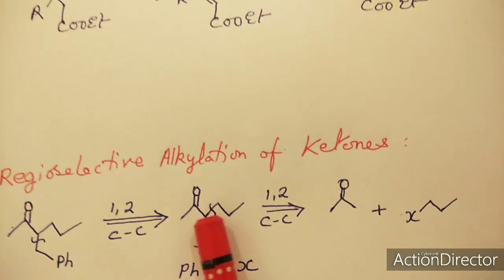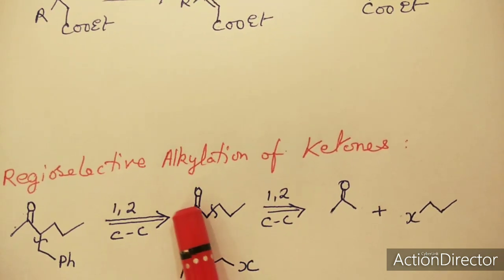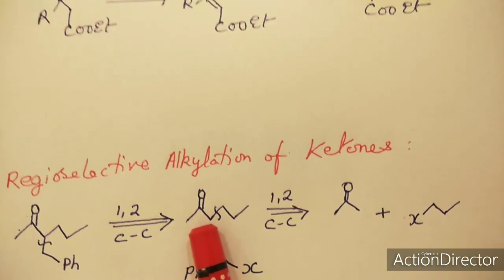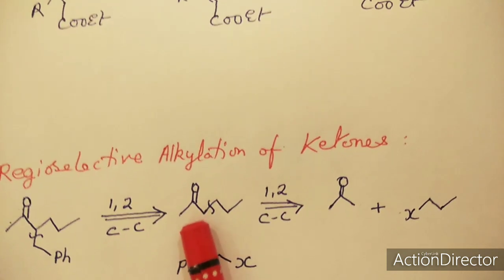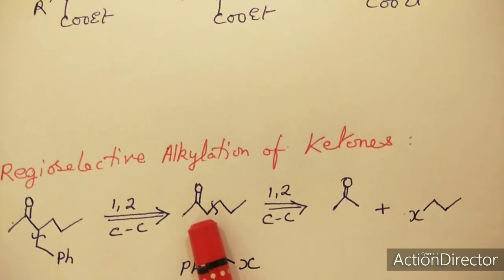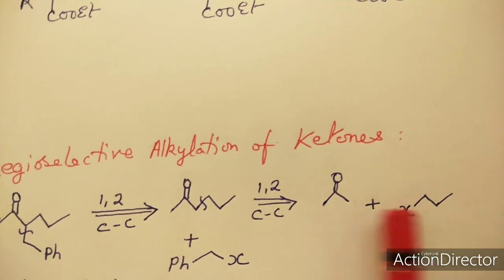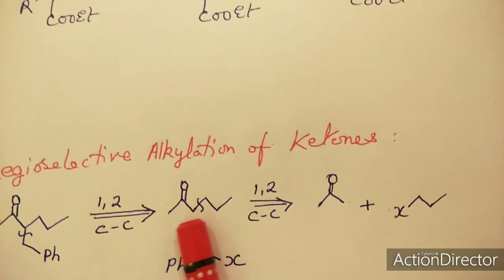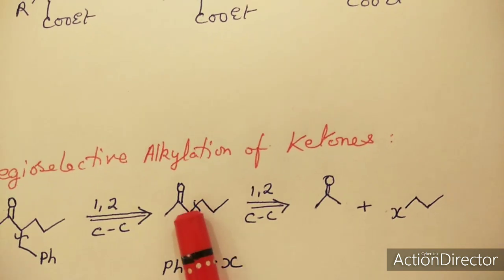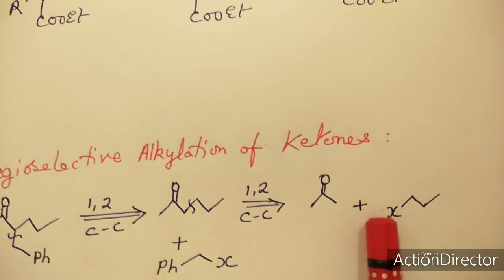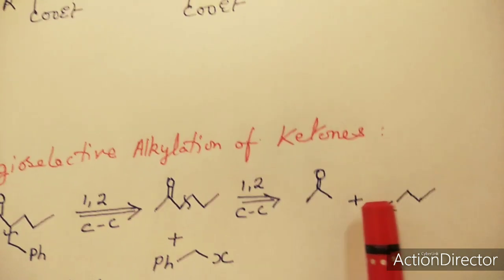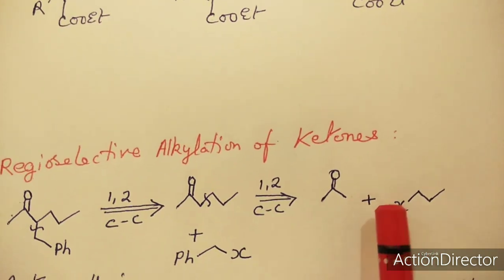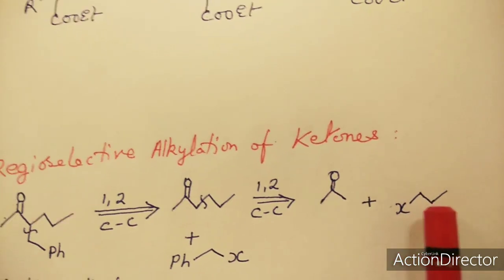How? This can be disconnected at this level, again 1,2, because this is the functional group, 1 carbon, this is second carbon, so 2 carbons away from this. So this disconnection will again give us this ketone plus the other part, because this will be negatively charged, alpha position, so this can be a carbanion easily in presence of a base, and the other part will be positively charged, which when attached to this halide will give this type of a synthetic equivalent. Now let's see what will happen on return. Let's follow this pattern which we have done of retrosynthesis, in the reverse.